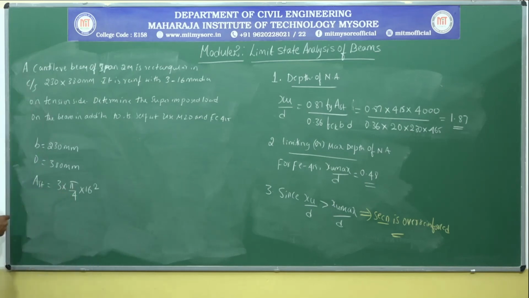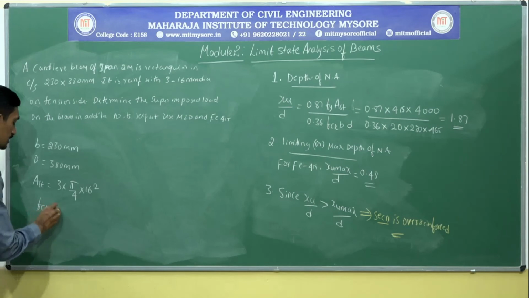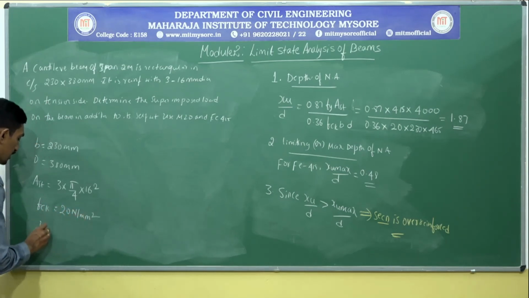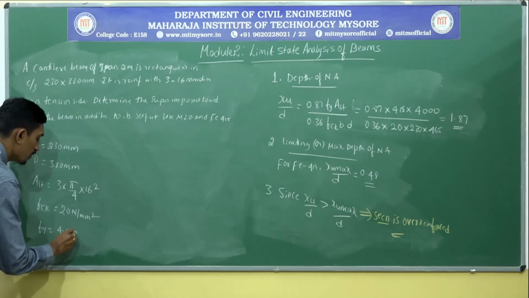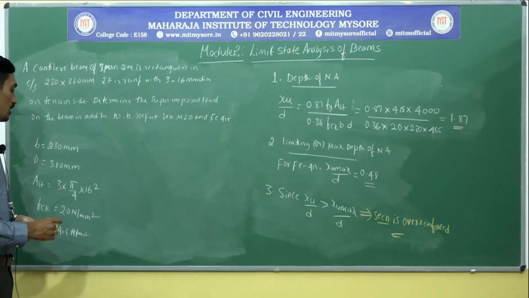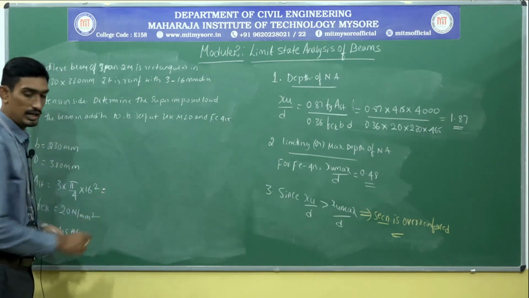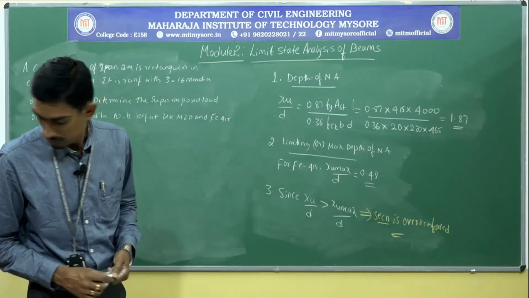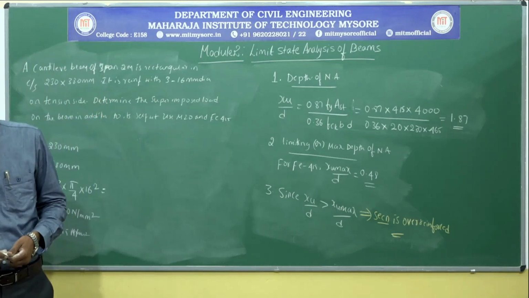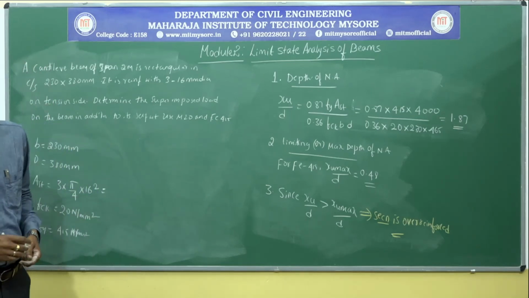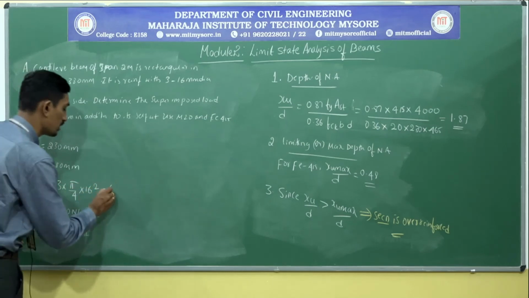Use M20 and Fe415 steel, that is FCK equal to 20 Newton per millimeter square and Fy is equal to 415 Newton per millimeter square. And this AST works out to be, for the cantilever beam,